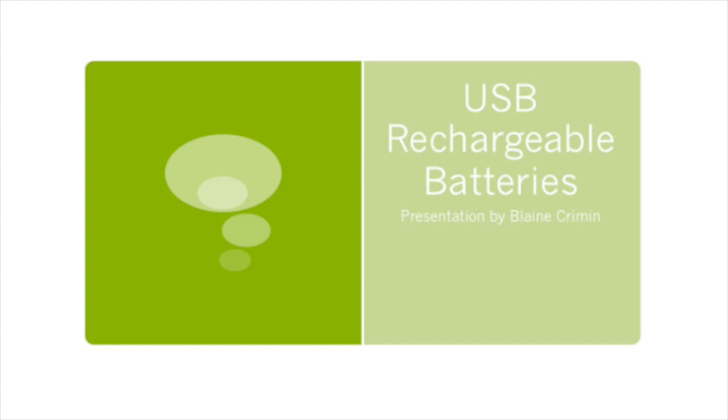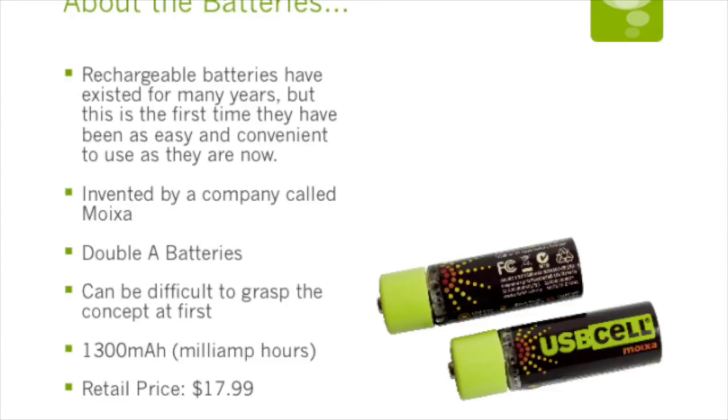The topic that I have chosen to speak of is something that not very many of you have heard of. They are batteries that can be recharged by plugging them into a USB port. Essentially, USB rechargeable batteries. What you see in the picture on the right is a pair of USB AA rechargeable batteries named the USB